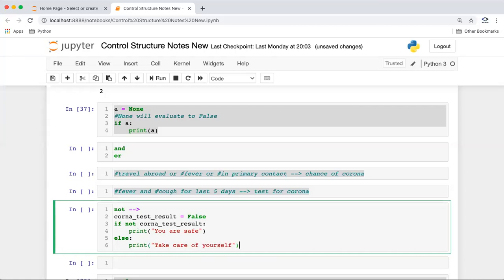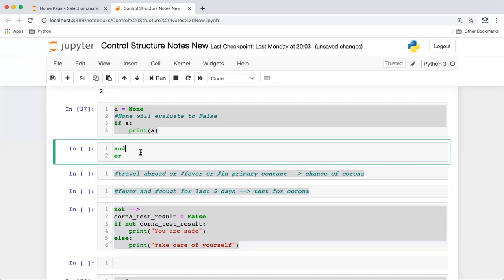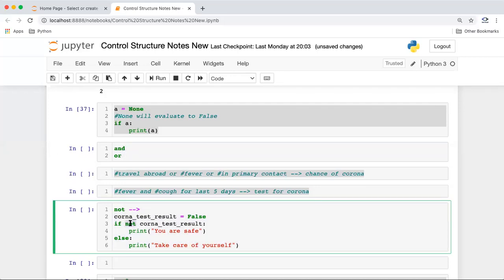So normally, guys, what I would say, right? Because here it's just two conditions, you can also go with swapping these two lines, but there can be multiple lines also. So NOT we generally use when we want to negate the condition. And what would I say, NOT and okay. Is this clear to everyone? NOT will just reverse the result. If you are saying here say corona result, it will just reverse the condition. So whatever the output here, it will just convert it. If it's true, it will make it false. If it's false, it will make it true.